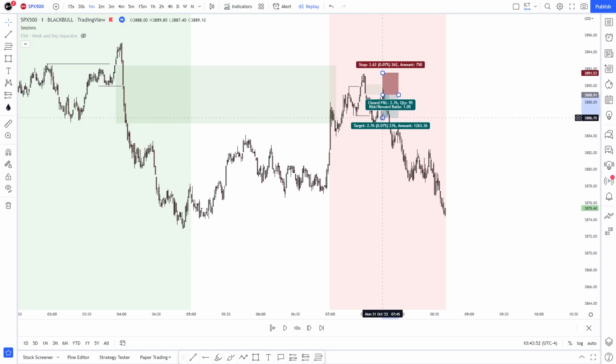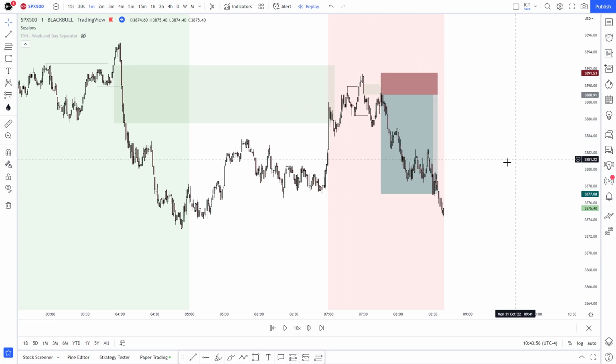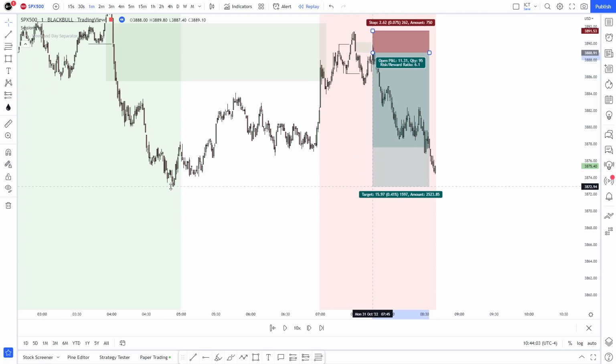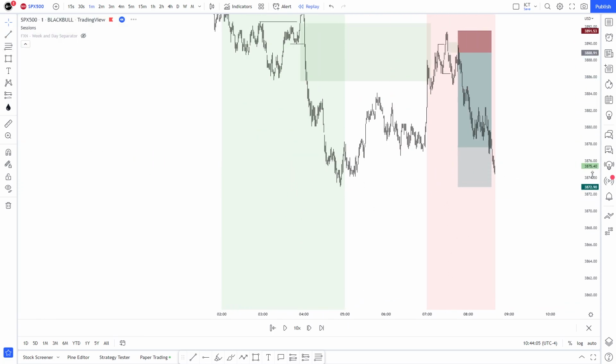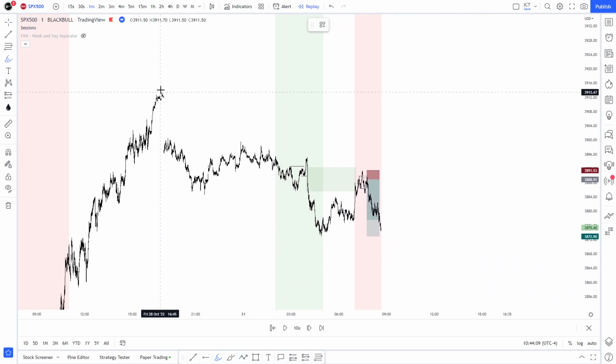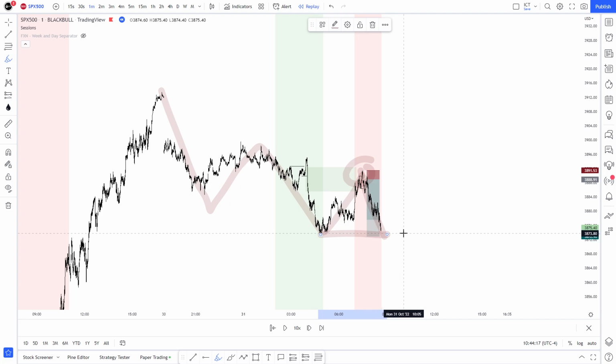What we can aim for, a couple of equal lows down here, already gives us a 4.5R. I think in backtesting I aimed for 4R, basically leaving me in 3% profit, or all the way down to this. And the reason why I say that is because theoretically, if the trend is going to be respected, where we have lower low, lower high, lower low, lower high, theoretical lower high, the lower low should be a no-brainer, right? Doesn't need to get there, but if it did, it would definitely make sense, right?